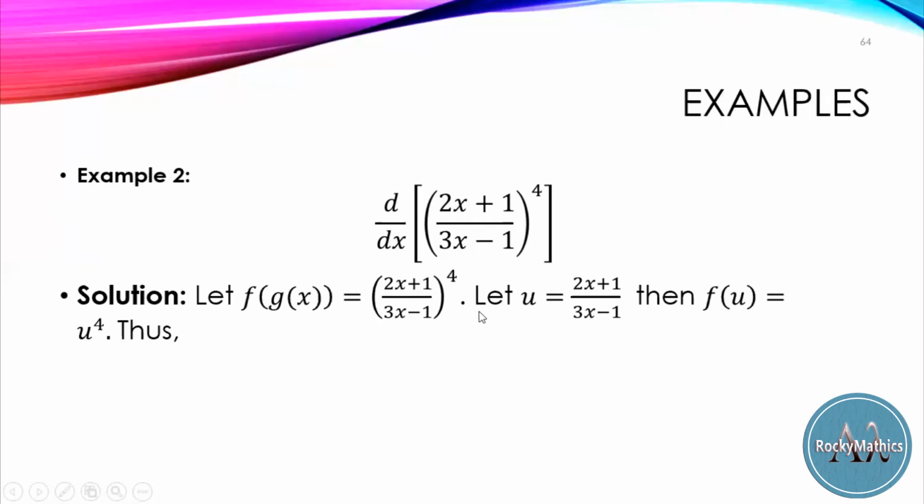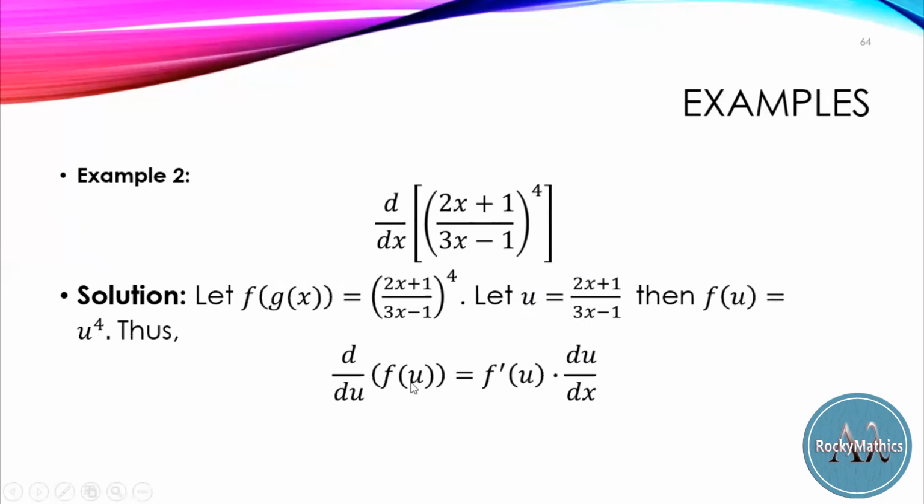Now, I rather use this u instead of g of x. So we let u, the function inside, be equal to 2x plus 1 over 3x minus 1. Then our f of u is equal to what? If this is our u, we have our f of u, which is equal to u raised to 4. Thus,